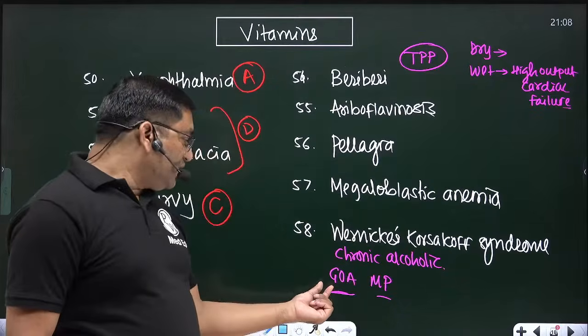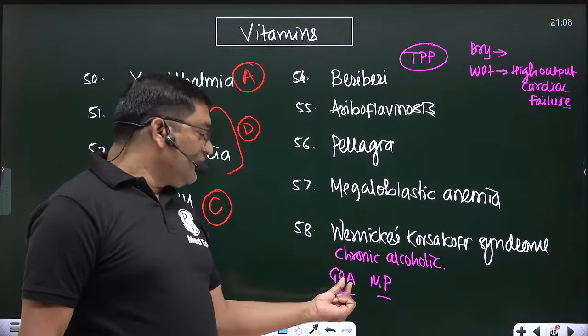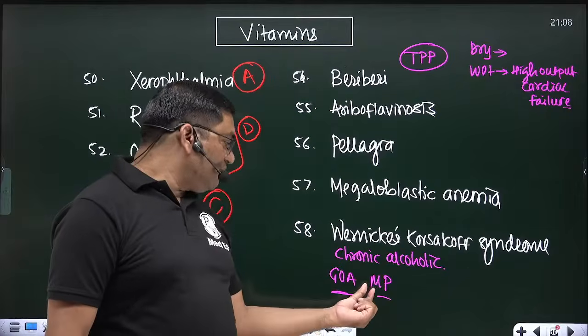These are the symptoms: global confusion, ophthalmoplegia, meaning paralysis of ocular muscle, ataxia, meaning lack of coordination, memory loss, and